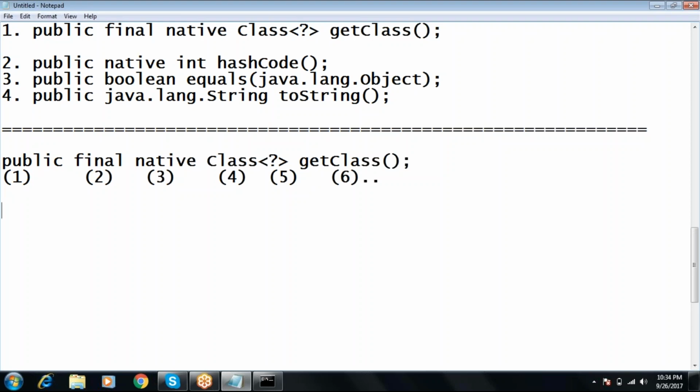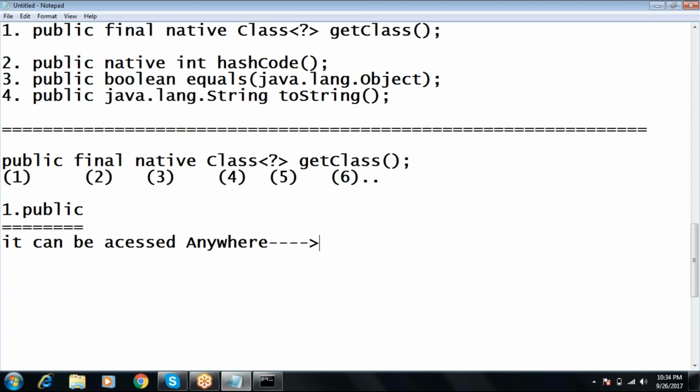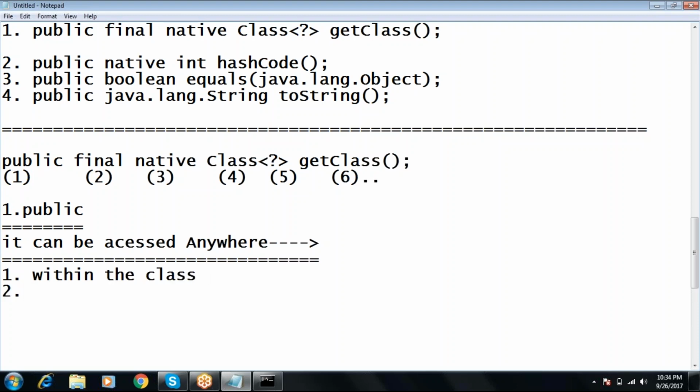Now, as I already explained about the first point, which is public. Public means, we all know, that it can be accessed anywhere. Yes, we can access it anywhere, but what does that anywhere include? If I'm talking about anywhere, number one is within the class. Number two, outside the class. Number three, inside the package. Number four,